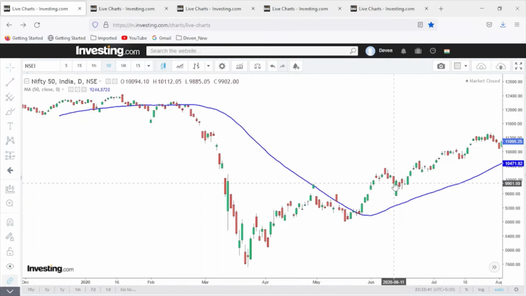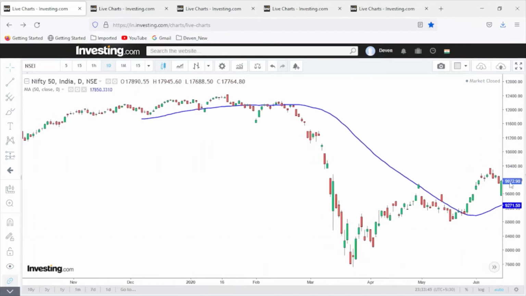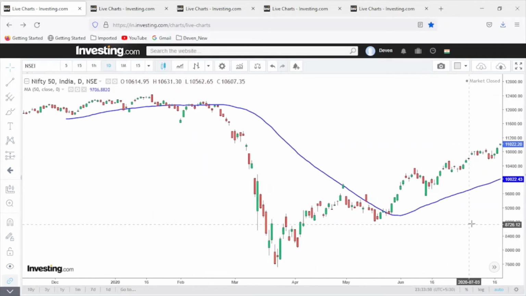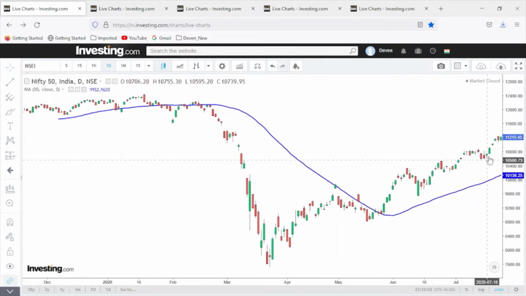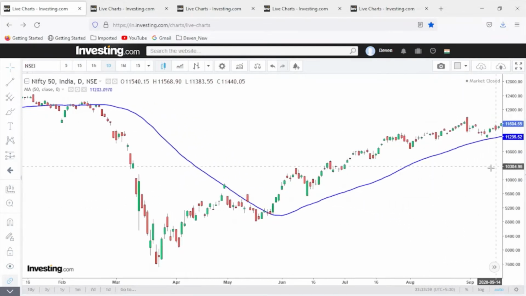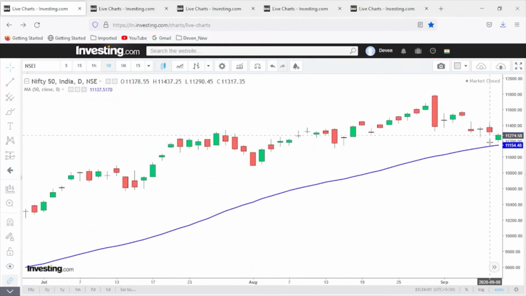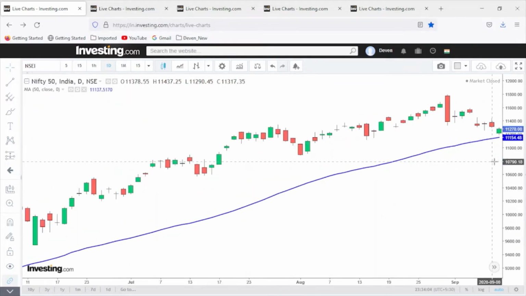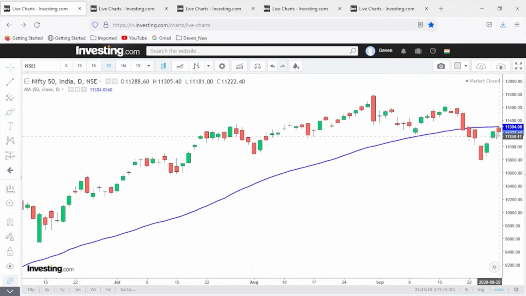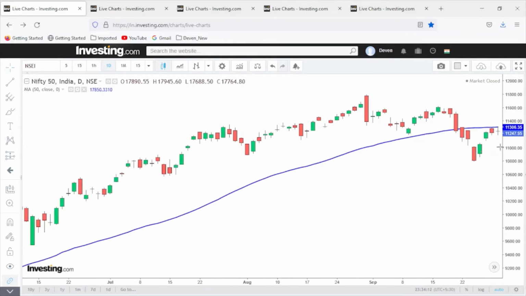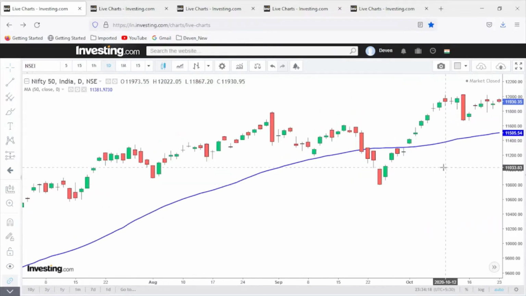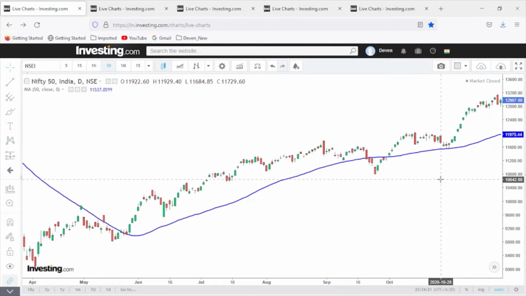Now here you can see there was a gap down and it didn't reach the 50 MA. The price bounced back. Now just see, you will be able to see every dip is a buying opportunity. Now here you can see the price came very near to the 50 moving average and the market bounced back. Here the price broke down, it came above and it took a resistance for 2 days, and when the price broke the 50 EMA, it started its uptrend again. Now again here you can see it took a support.